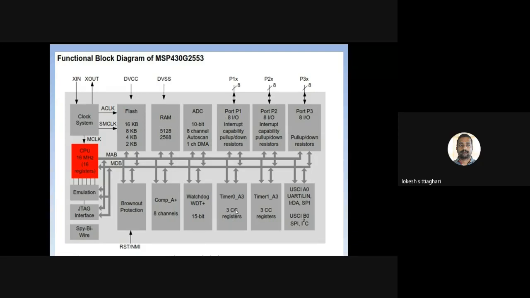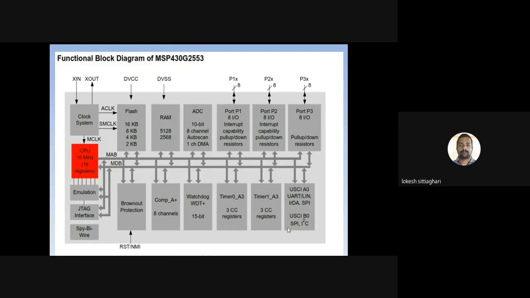You need to know how many times it is rotated per second. In that case, we will use these timers. We will switch on the timer and we will try to know how many rotations the cycle makes in a particular second. So this is a simple example about the timers.